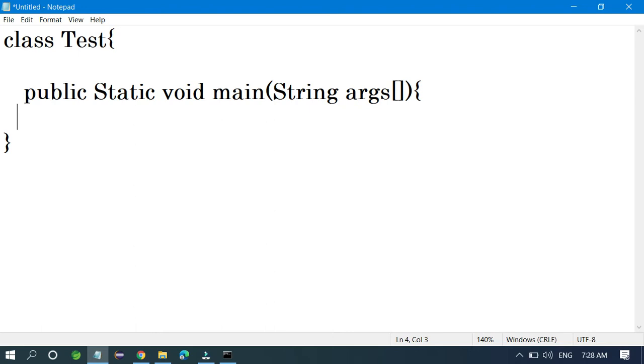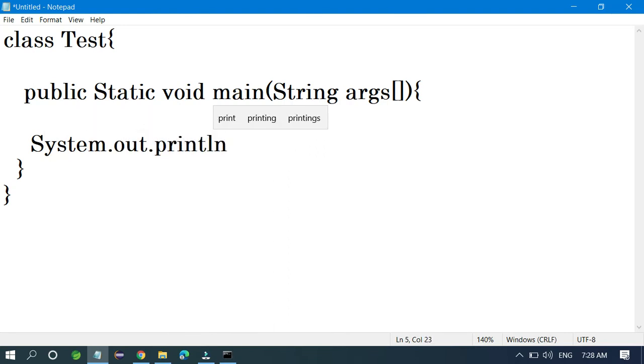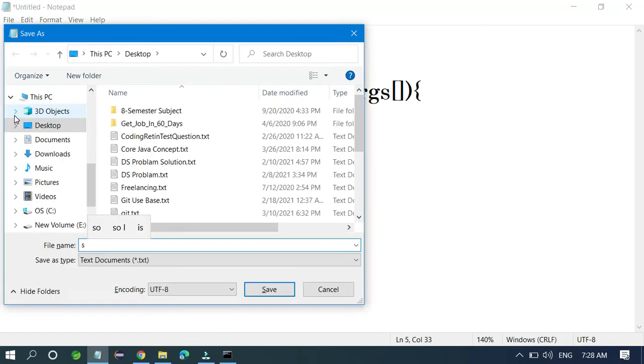And here you have to print hello. So System.out.println, and inside println, hello. Okay, so you want to check whether this is running or not.